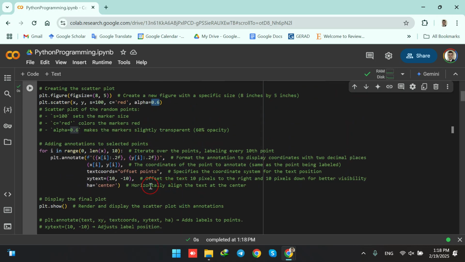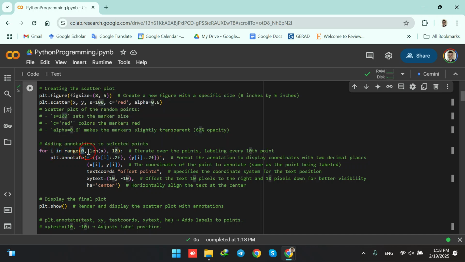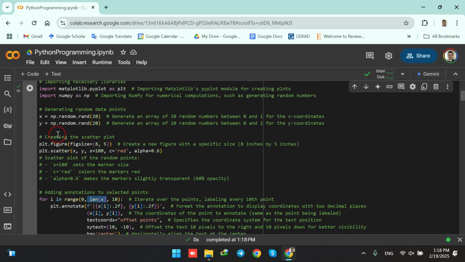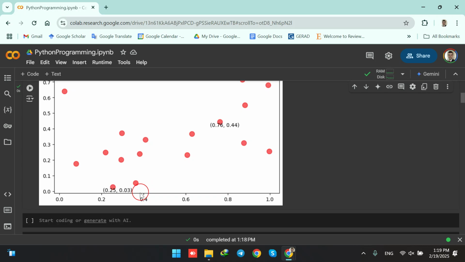Here, in order to have labels, we are defining a for loop for each i in the range between 0 and the length of the variable x, which is 20, to iterate over the points, and label every 10th point. So because we are having 20 points and we want to label every 10th point, we are only having two